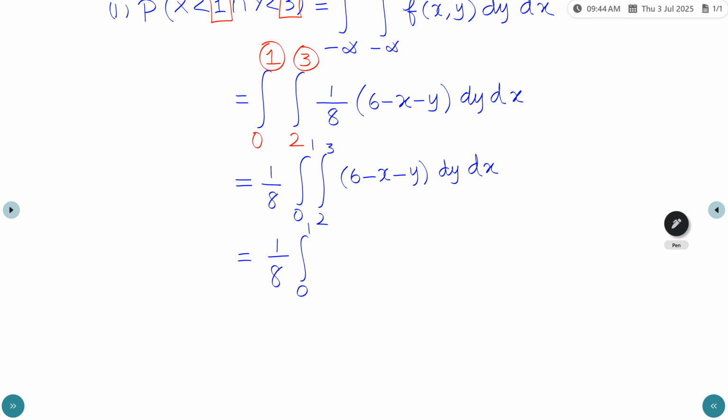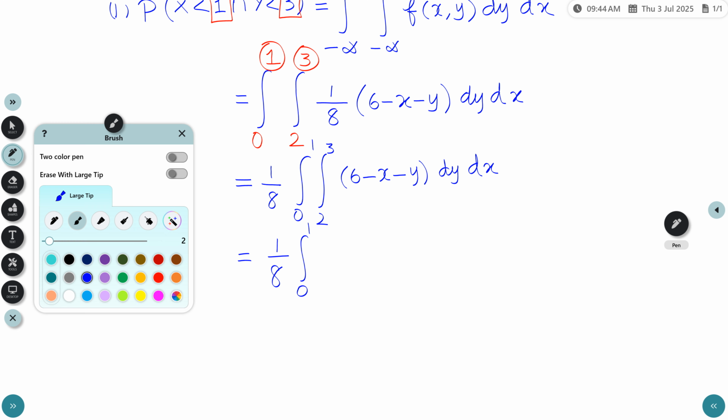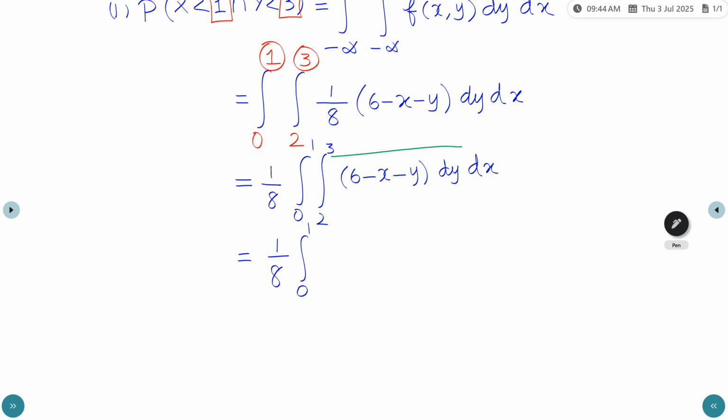First integration with respect to y. So consider this integral, integration with respect to y. So 6 into dy gives 6y, minus x into dy gives xy, minus y dy gives